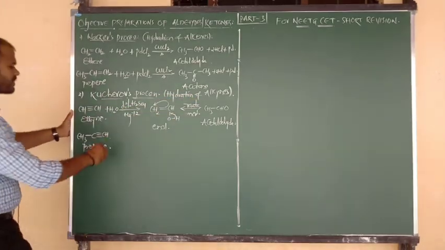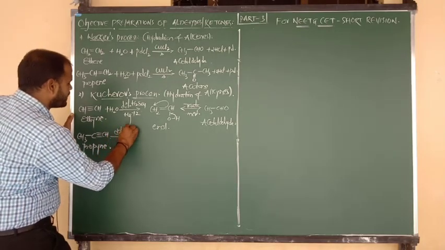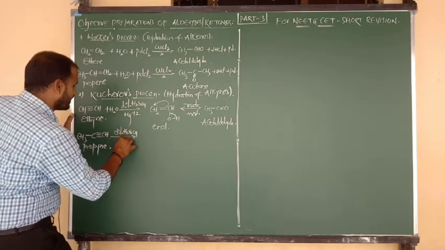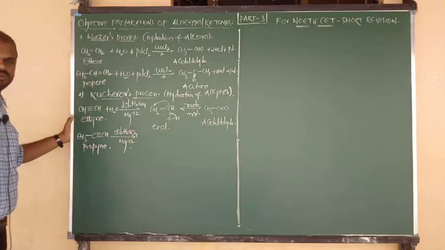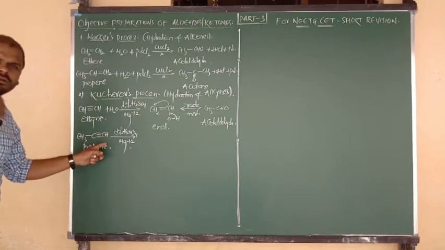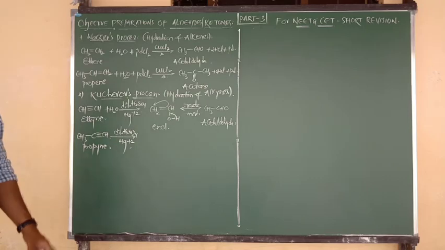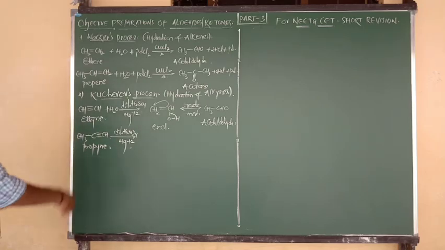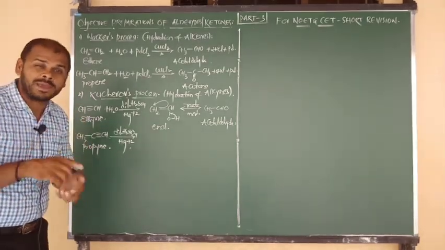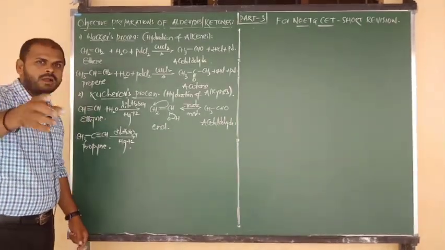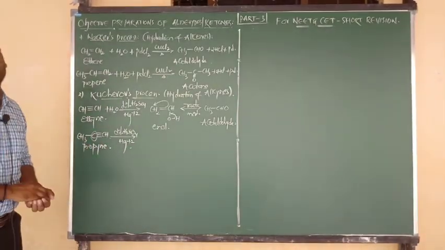Okay, good. Upon hydrolysis, nothing but addition of water using what, beta? Dilute sulfuric acid, in the presence of mercuric sulfate, or we can say HgSO4. So here we don't need to write water again. Dilute H2SO4 acts as the hydrating agent, so it provides the water molecule. Same thing, we have to follow the Markovnikov rule. The water molecule contains H plus and OH minus. OH minus is the negative part.